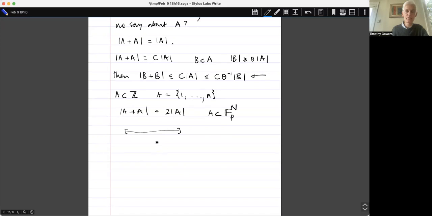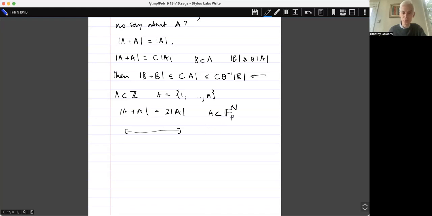If we had time, I would set as an example sheet question: is it true that every set with small sum set is a large subset of an arithmetic progression if it's in Z? But I'm not going to ask you that exercise, but if you've taken on board something that we have talked about, which is that finite subsets of Z to the D are isomorphic to subsets of Z of whatever order you feel like,